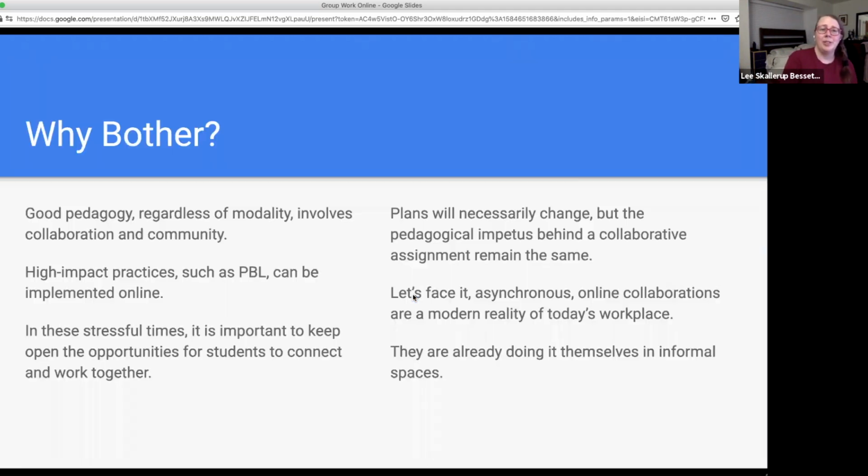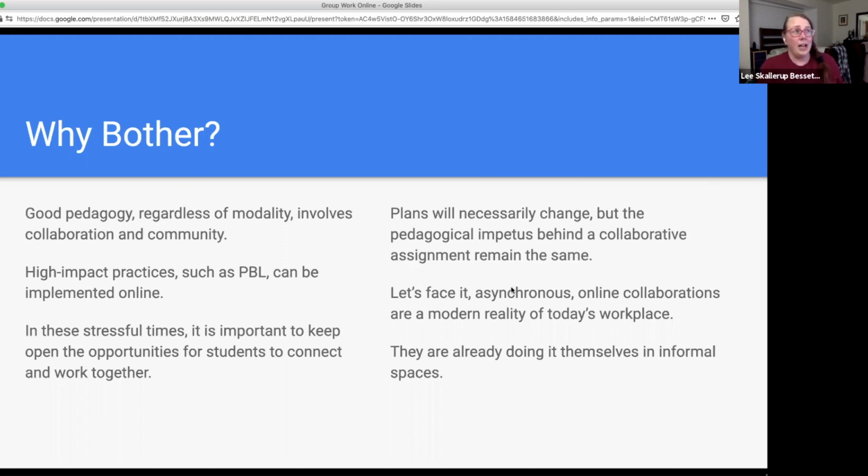And what I would argue is that you should be keeping these, specifically because good pedagogy, regardless of modality, involves collaboration and community. We have lots of high impact practices, such as project-based learning, that can still be implemented online. It is possible. And in these stressful times, it is really important to keep open the opportunities for students to connect and work together.